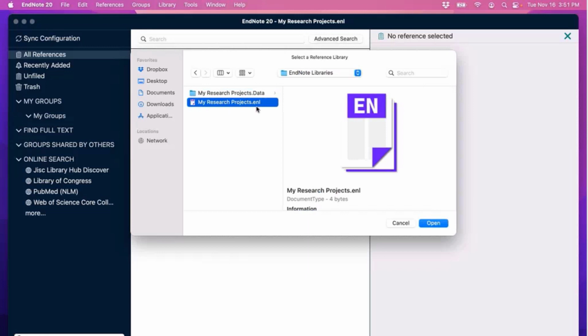If you move your library from one location to another on your hard drive, make sure that you're including both of these items. If you're manually backing up your library outside of EndNote, make sure you're including both of these items. If you rename your library manually outside of EndNote, just by renaming the file in the folder, be sure that you rename both of the items the same way. If there's any difference in spelling or spacing, that will throw off EndNote's ability to find the appropriate data folder.